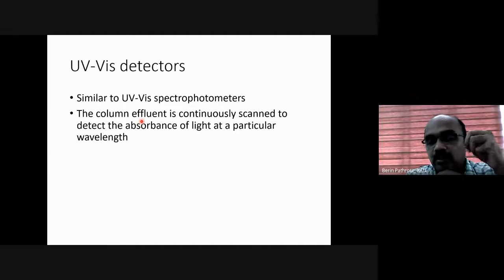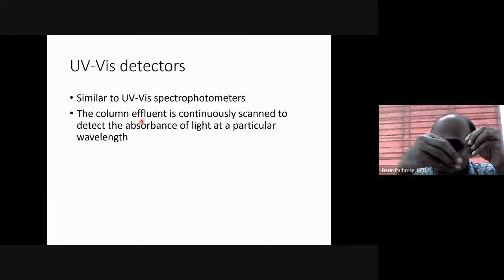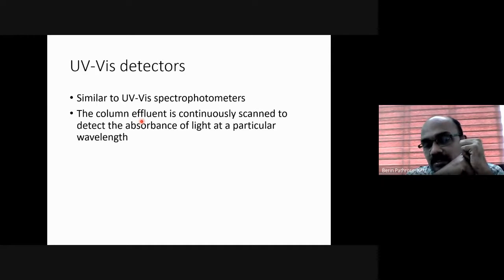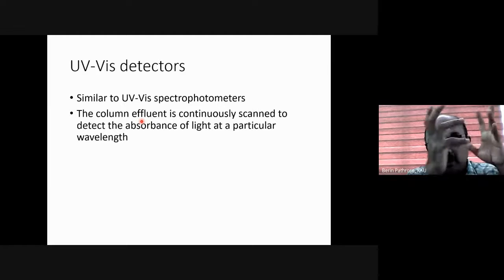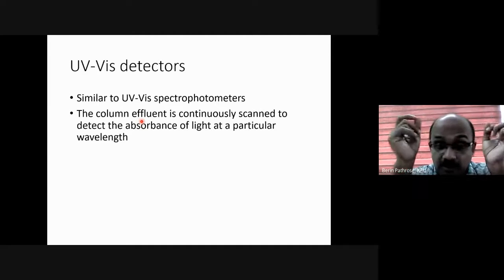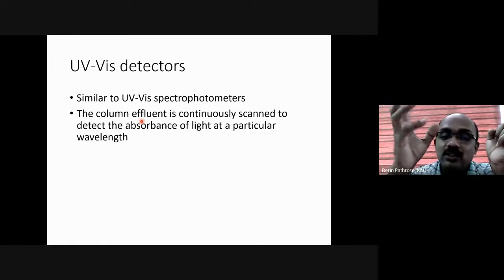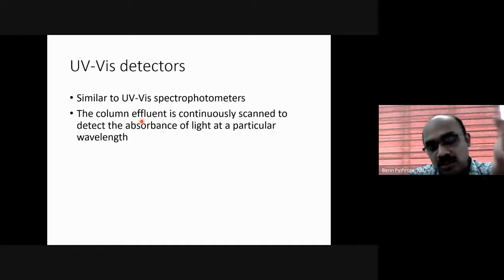So that we will develop a color, and the absorbance will pass light through that sample, and we will measure the absorbance. We can measure transmittal power. Usually we measure absorbance, and depending upon the color, absorbance will vary. But we have to fix a particular wavelength, because only at that particular wavelength the absorbance will occur. So here also it is the same manner.